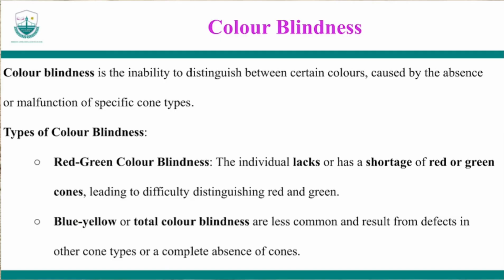And then we have blue-yellow color blindness or total color blindness. This happens when there is a defect in at least two types of cones, or basically